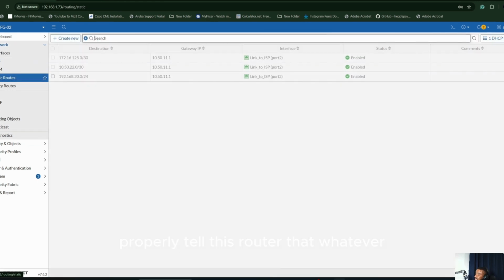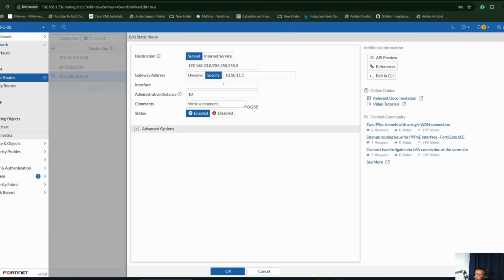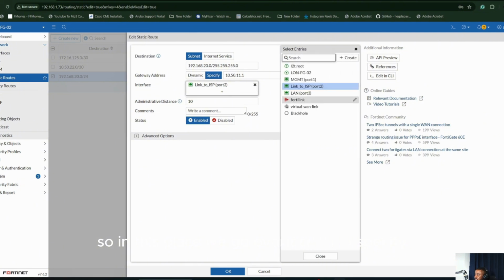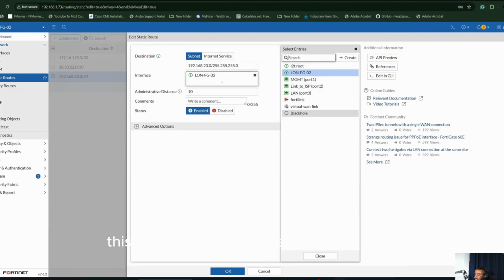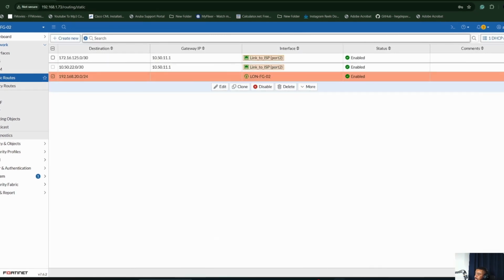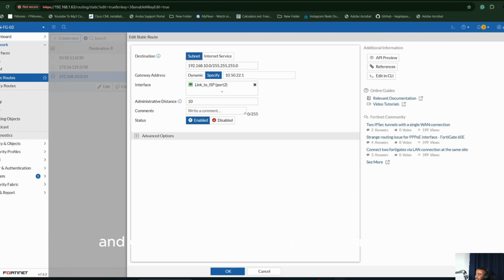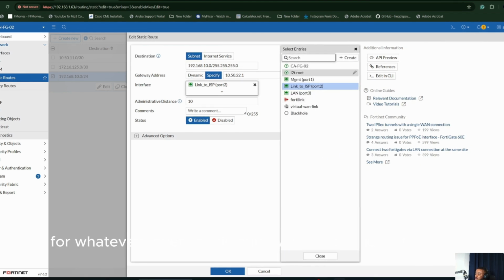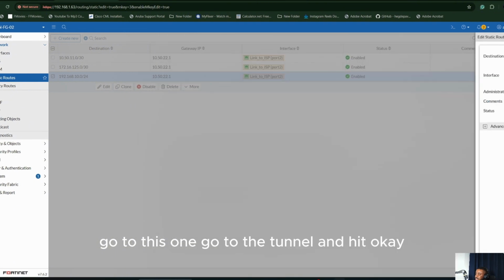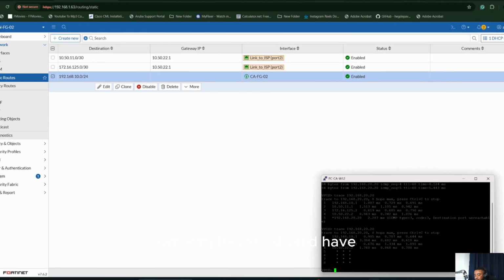So the only thing we need to do now is to properly tell this router that whatever conversation you want to have between yourself and that subnet, you have to use the tunnel. So in this place, we go over here and specify this as the interface to use, and click OK. And go over to this one, edit this bit, and say for whatever conversation you want to have with that guy, go through the tunnel, and hit OK. Now with this, we should have